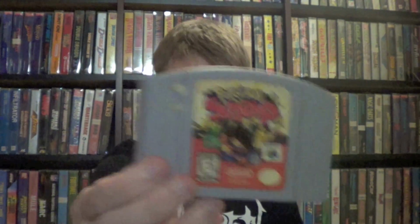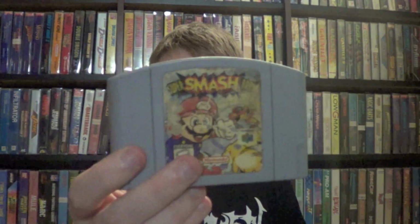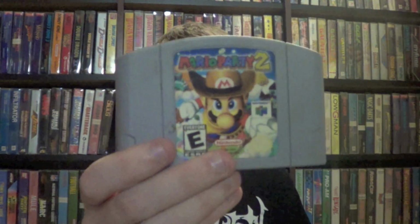I bought a Super Nintendo and N64 bundle from a guy, and included here are some N64 and Super Nintendo games that I got from other deals, but I thought I'd just throw them all into one and just show you guys what I got. So first up, just a bunch of N64 cartridges. We have Mario Kart, Pokemon Snap, another Mario Kart, Super Smash Brothers, Mario Party 2,